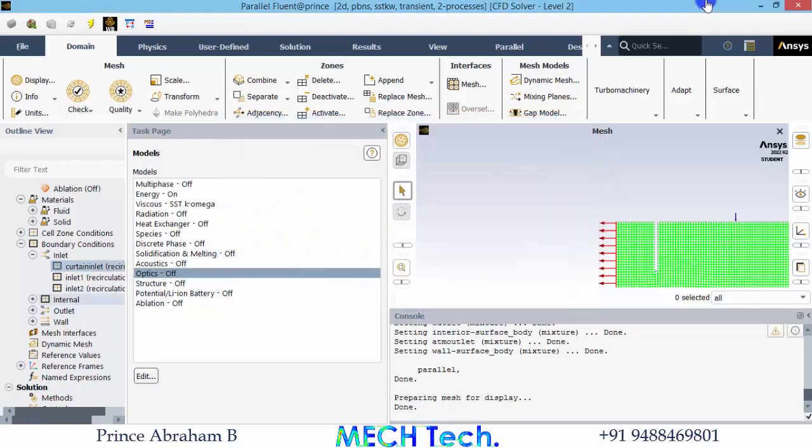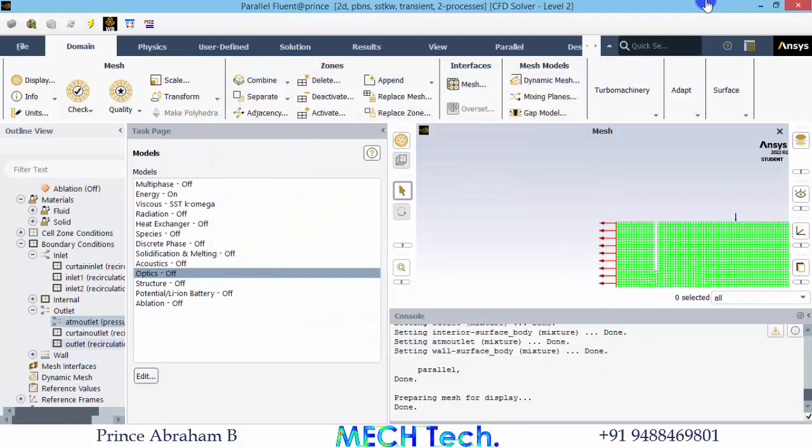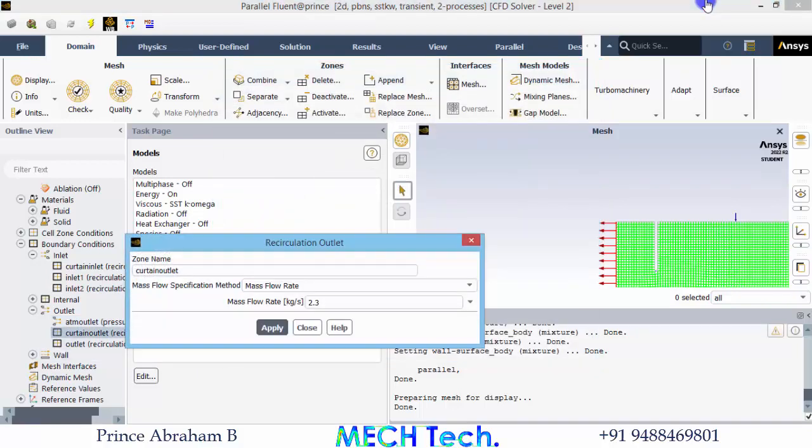And coming to the outlets, the atmospheric outlet is the boundary that we have kept here. So I have specified that simply as a pressure outlet with atmospheric pressure, that means the gauge pressure is 0. And then the curtain outlet is defined as a recirculation outlet. In the recirculation outlets, we have to give the mass flow rate or otherwise the mass flux. So according to that,